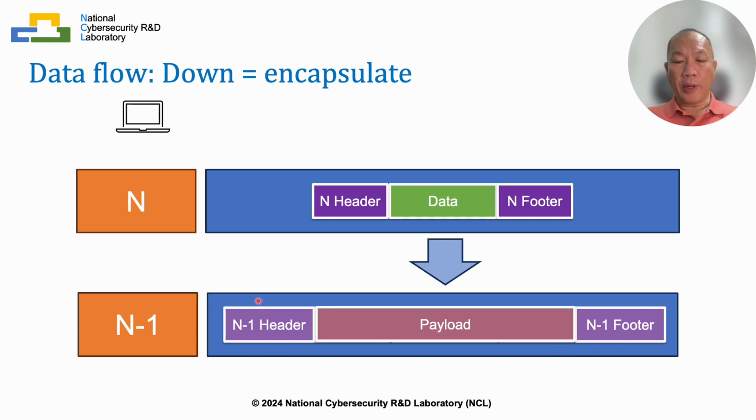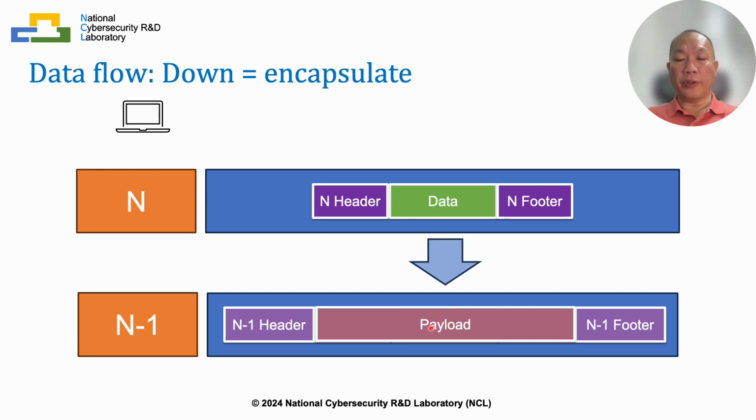So you wrap around the header and the footer, and the payload is actually what we call the data from the higher level, right? So we have the N layer having the N header and the N footer, together with the data from the previous layer, and this is what we call the payload of the next layer,